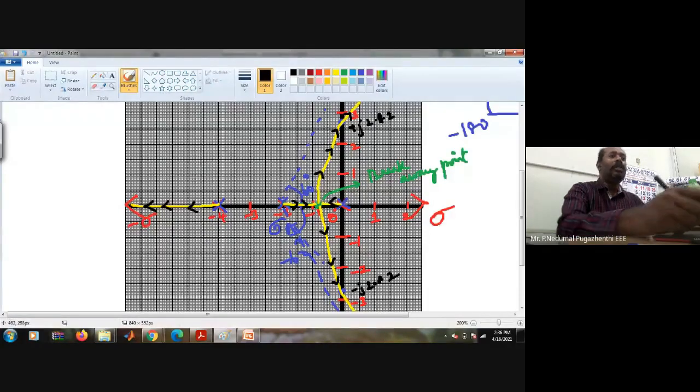So all these root locus branches are starting from the open loop pole and it is trying to end at an open loop 0 at infinity. So okay, this is the direction of the root locus branches. They will reach the 0 at infinity. Okay, 0 at infinity.